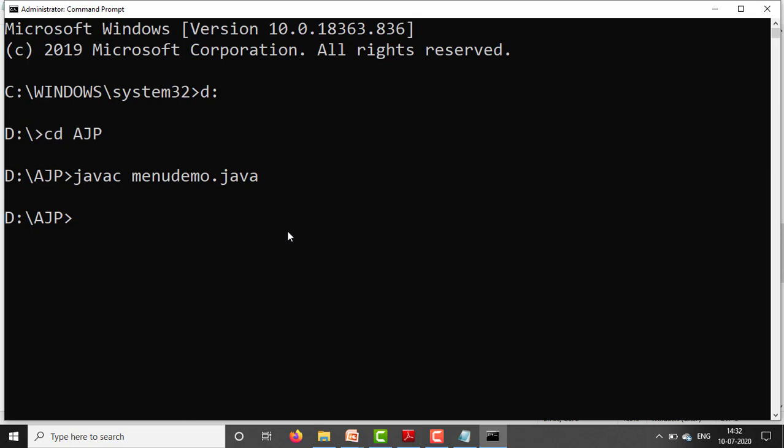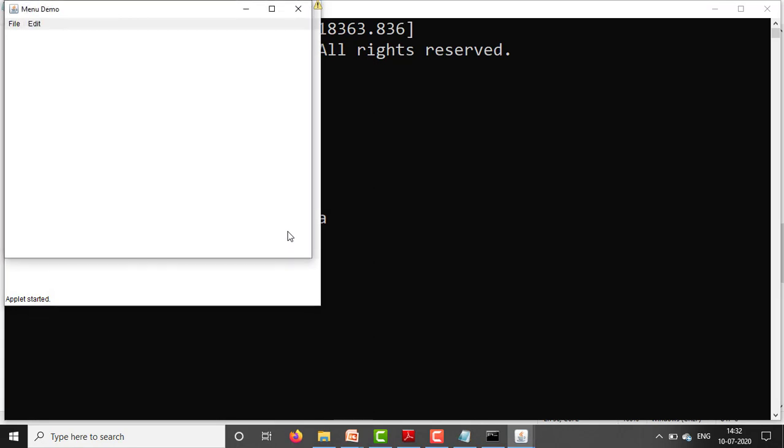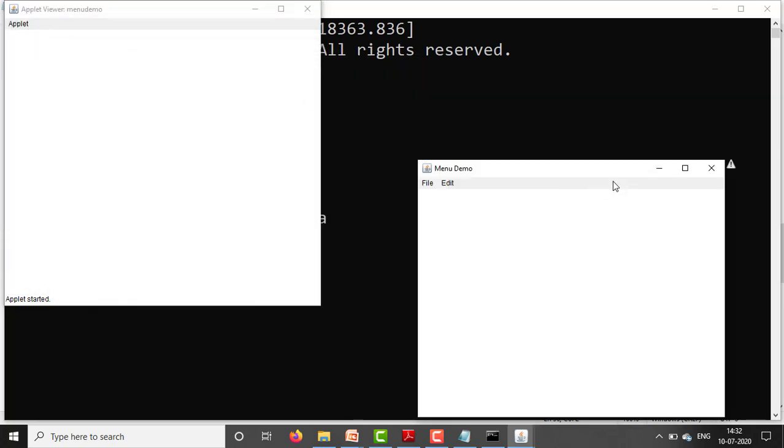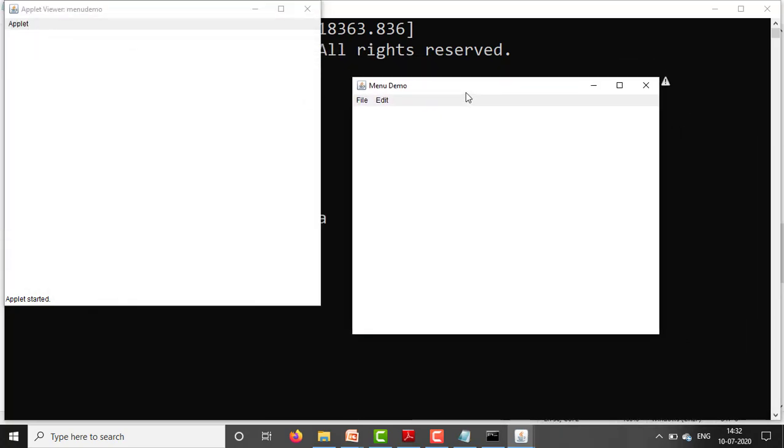Compilation is okay. Now execute: appletviewer MenuDemo.java. Okay, see here, within an applet window we have generated a frame window. These are the two windows, applet window and frame window.